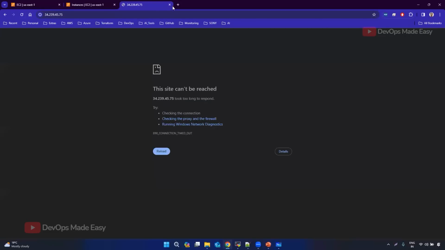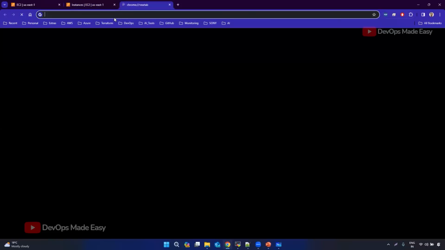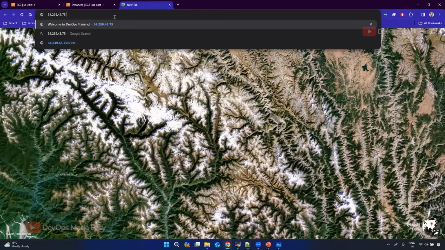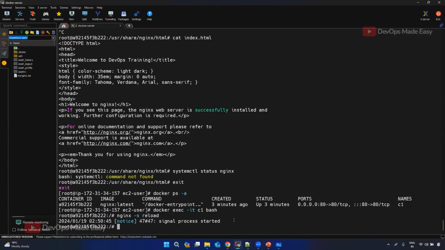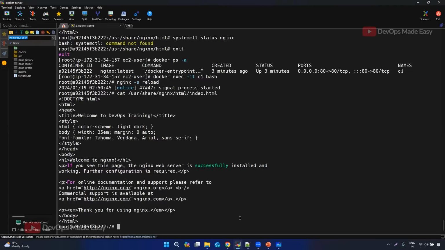Anyways, I'm going to show it again in the volumes. There is some network error, or it's not serving it properly. Maybe I need to just